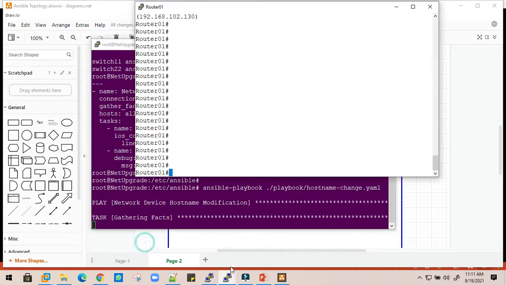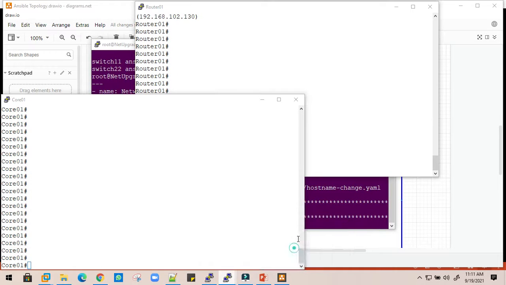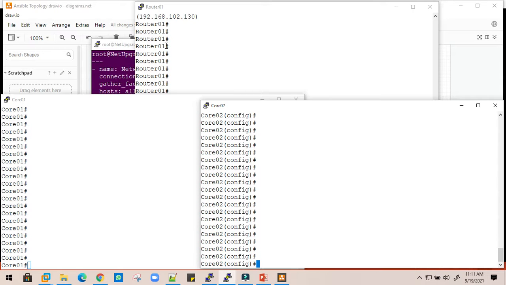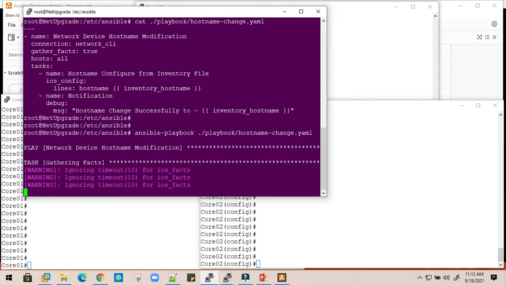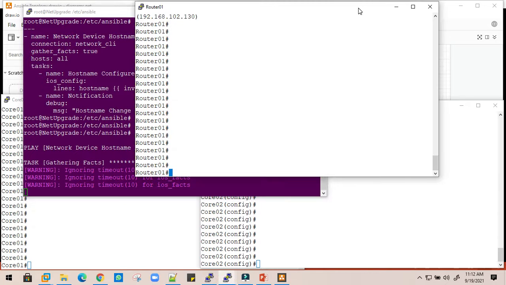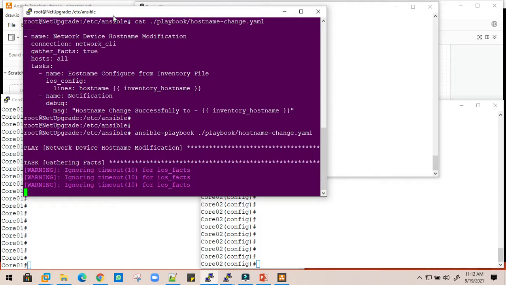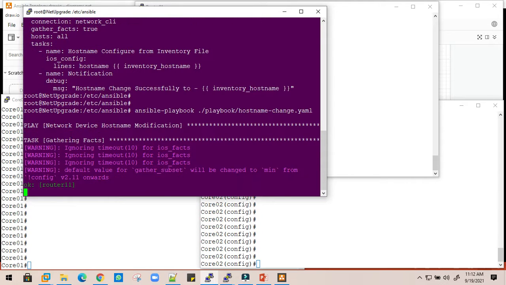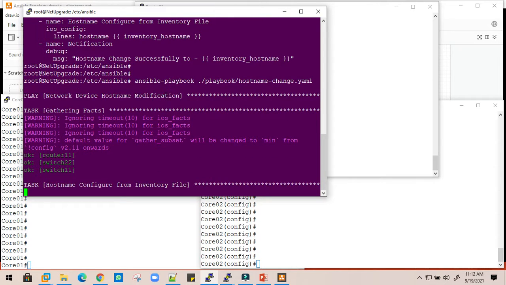Meanwhile, let's open these devices so that we can see the console messages of what is happening, and in parallel we'll see what it is actually performing. Now you can see the play has been executed, the very first play, named network device configuration modification, and the very first task is to gather the facts. It is logging into all the devices and collecting the facts, which is okay.